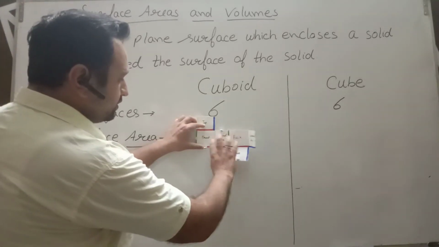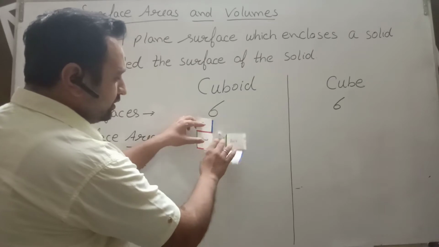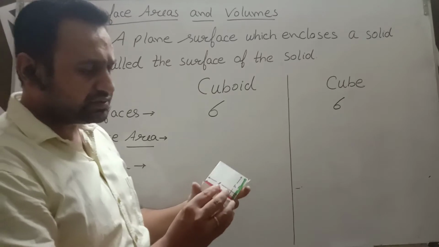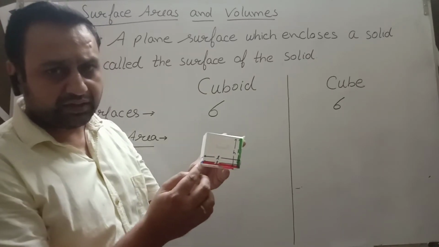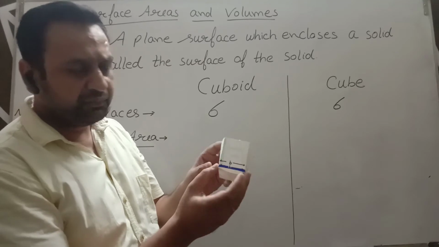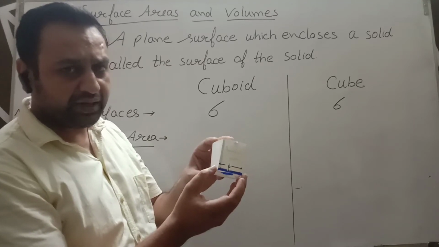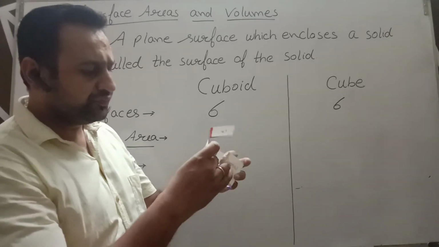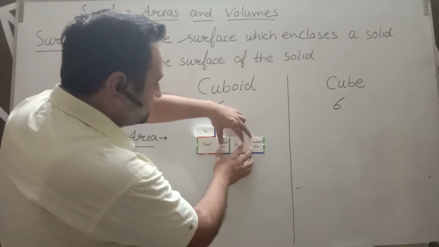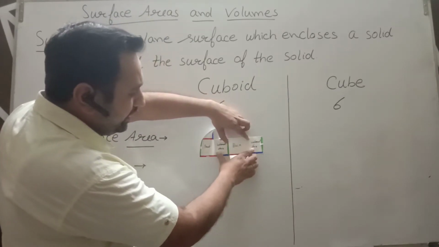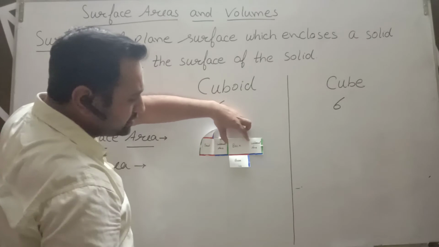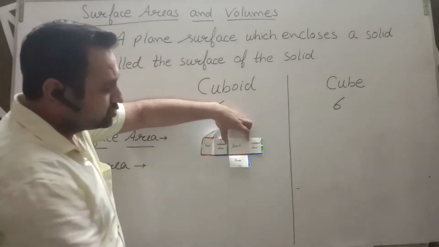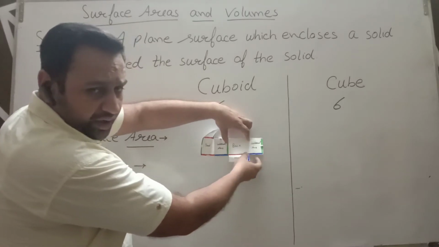So we have to discuss these 4 surfaces, and in these 4 surfaces firstly discuss their dimensions. Suppose it is a cuboid, then the red color indicates length, blue color indicates breadth, and the green color indicates height. So in the lateral surface area, in this surface we notice that there are 2 dimensions, breadth and height. So its area is breadth into height.